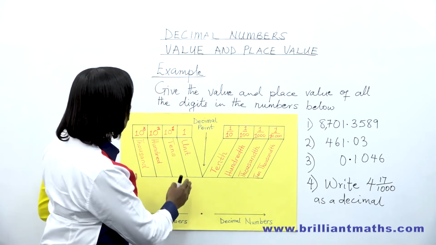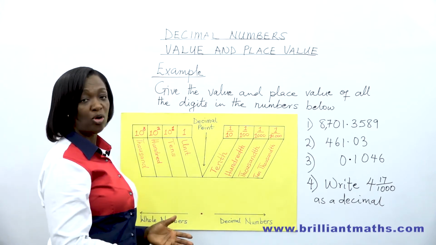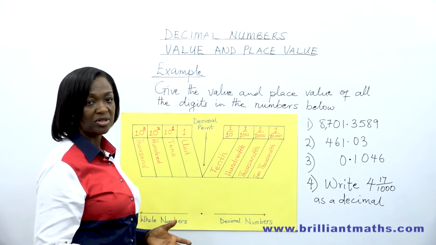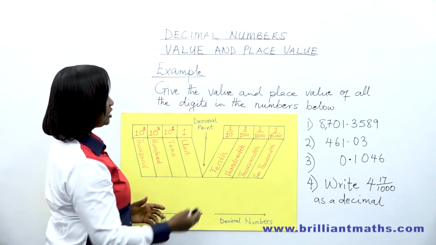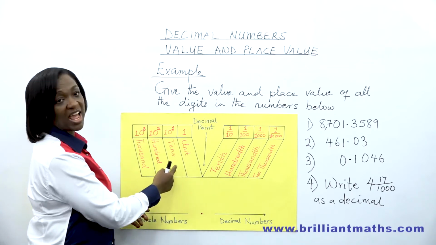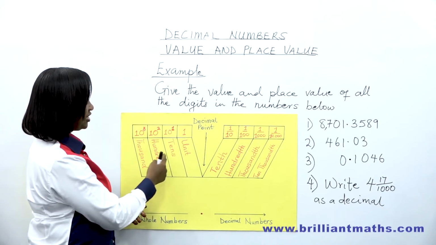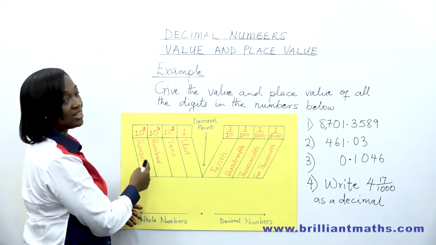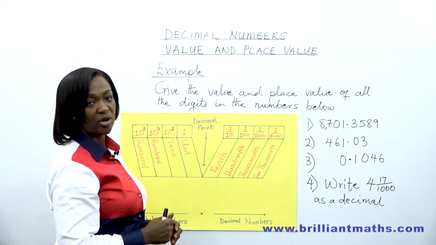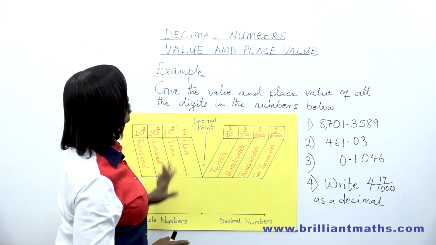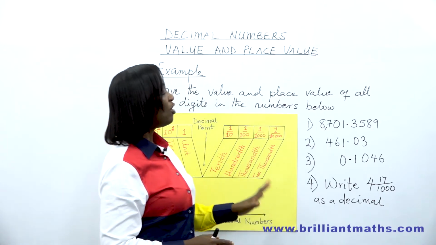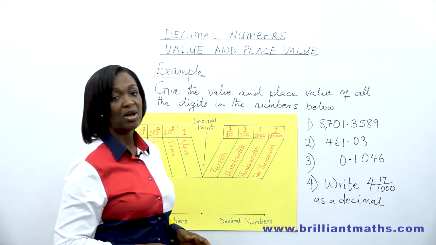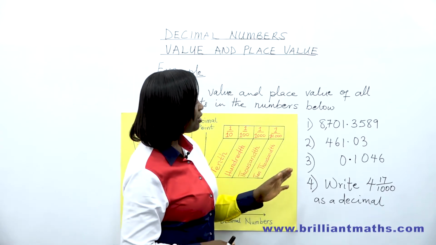The numbers before the decimal point are whole numbers, just like we know whole numbers already. The first digit closest to the decimal point is the unit. The next is a tenth. The next is in hundreds. And the next is in thousand, and so on. Today we want to learn how to write or find the value and place value of all the digits in decimal numbers. The first number we have is